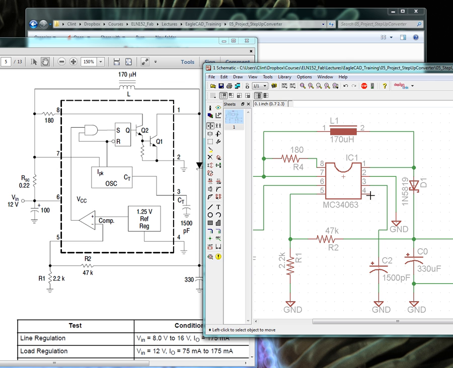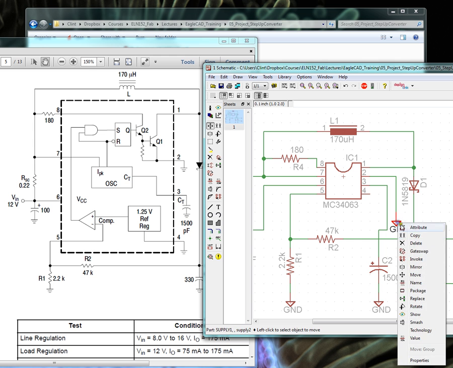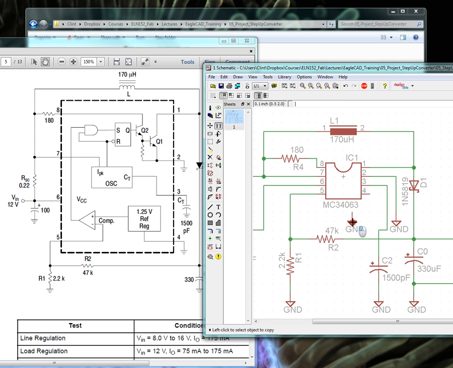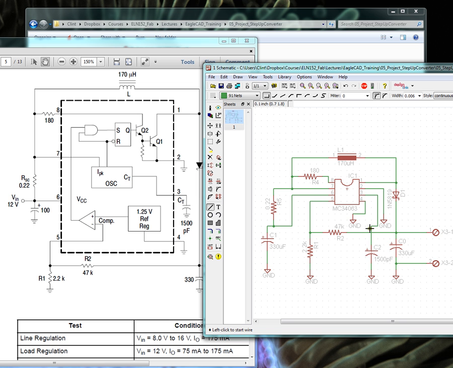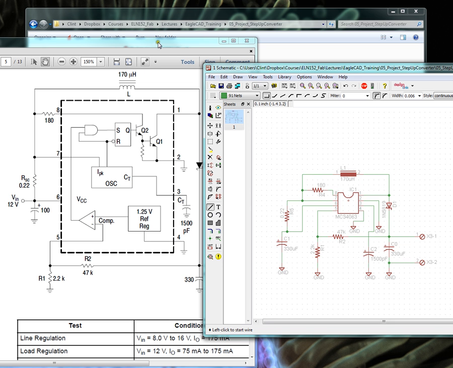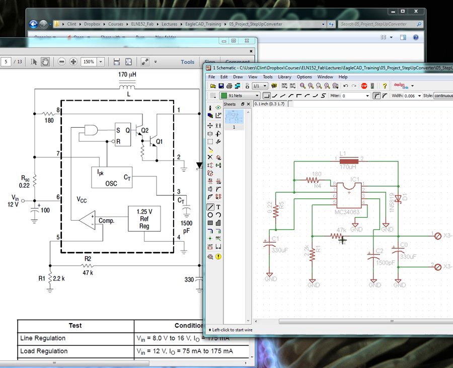And the only other point is number 4 here goes to ground, so we can copy this ground and we can wire that to this ground. Or you could have just wired it directly to that ground. That would have been really the same thing. But now the only other thing I see that really probably should be done